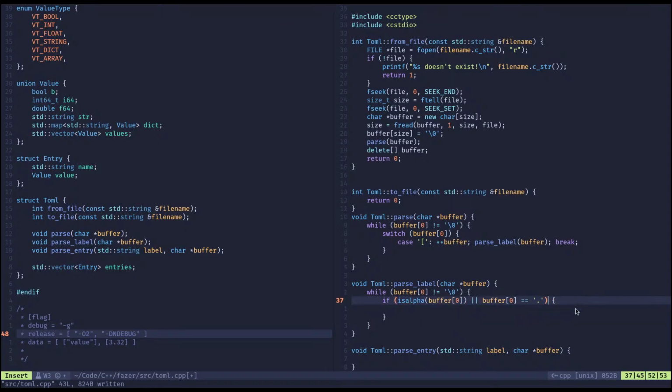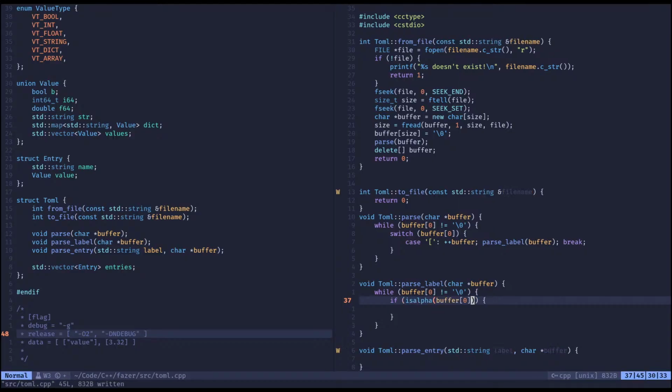But I don't think it can start with a period. So if it is alpha,